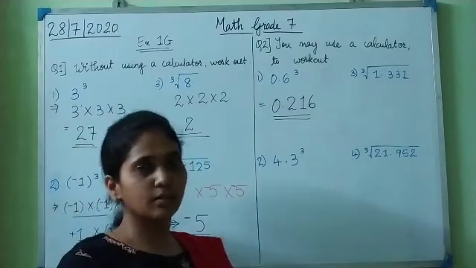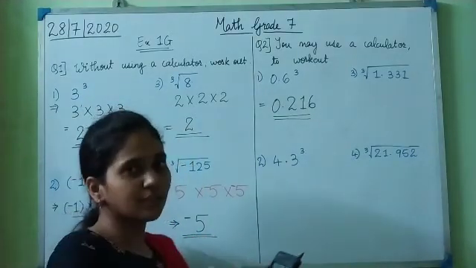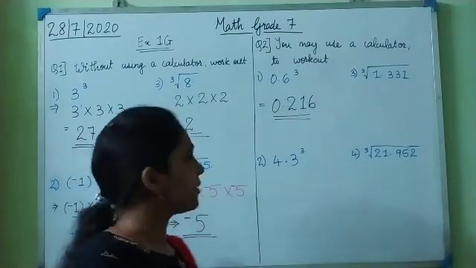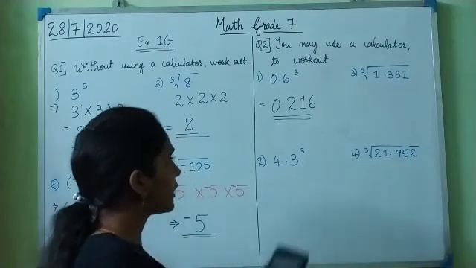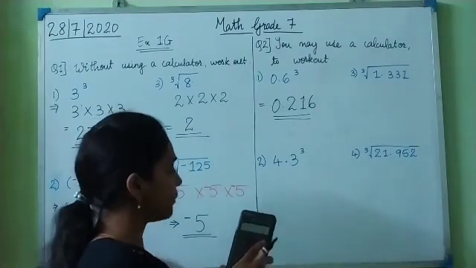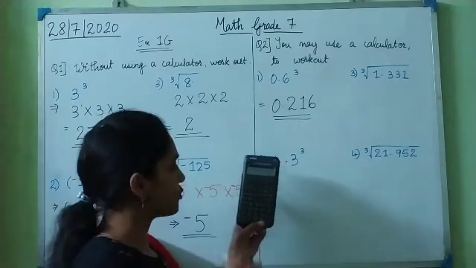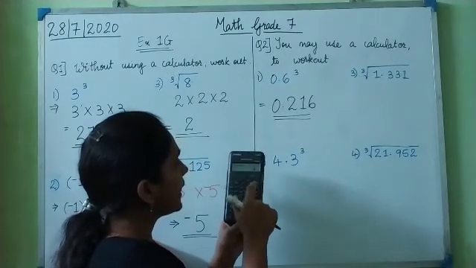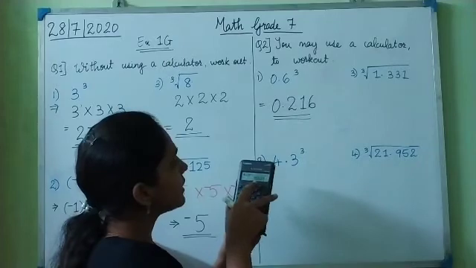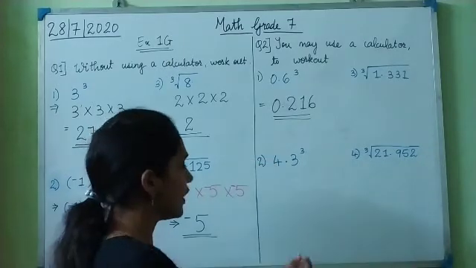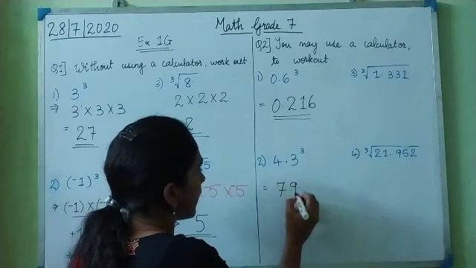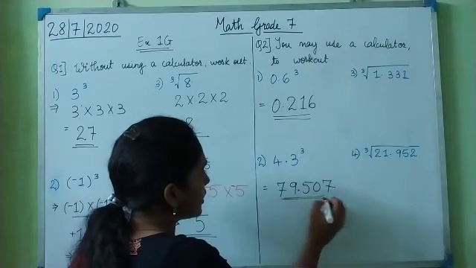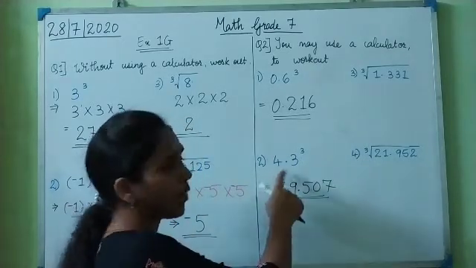Using a calculator the calculations become simple. We only need to type the keys and we get the answer directly. So here we only need to write the answer which we get. Now go to the second one. The second one is 4.3 raised to 3. That means we have to find the cube of 4.3. So I first press the keys of the numbers 4.3 and then x cube and then equal to, the answer is 79.507. Okay, so this is the cube of 4.3.